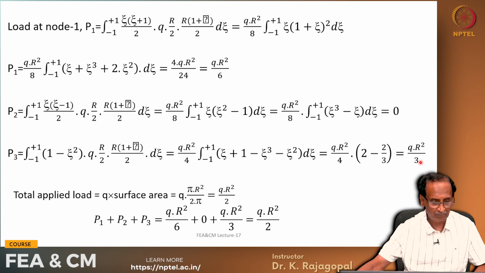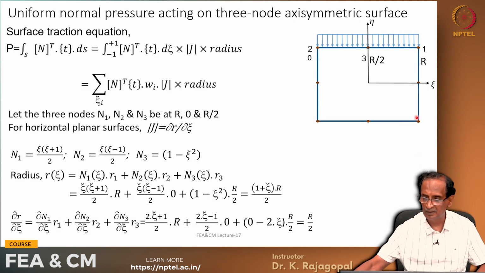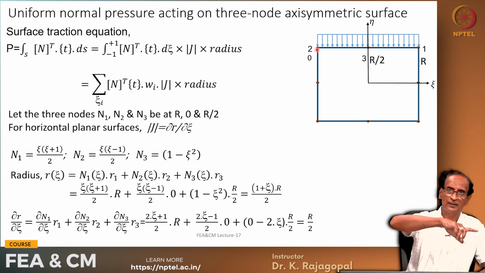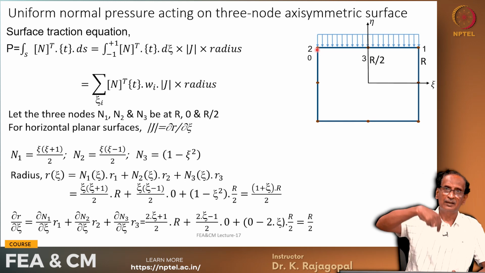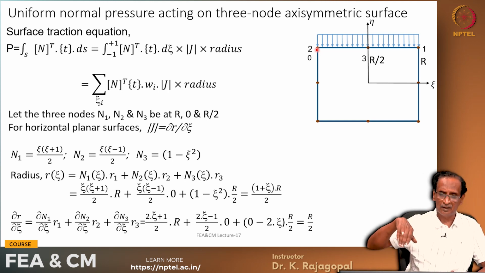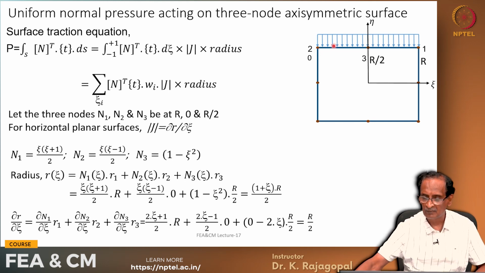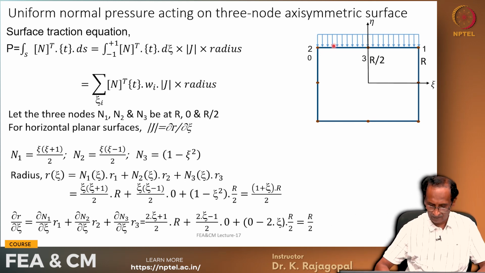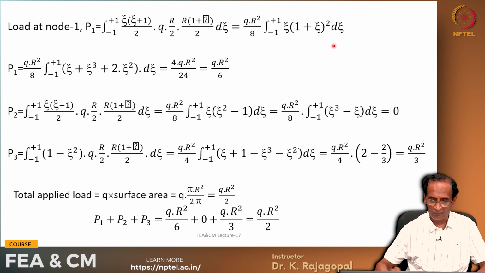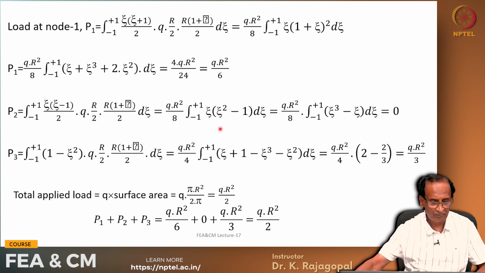So we have 3 nodes, node 1, node 2 and node 3. At node 2 there is no load. Actually you can imagine this is a circle, and the center point is the center of gravity, so it should not attract any load, whereas the other nodes are attracting load, and the mid side node is attracting higher load